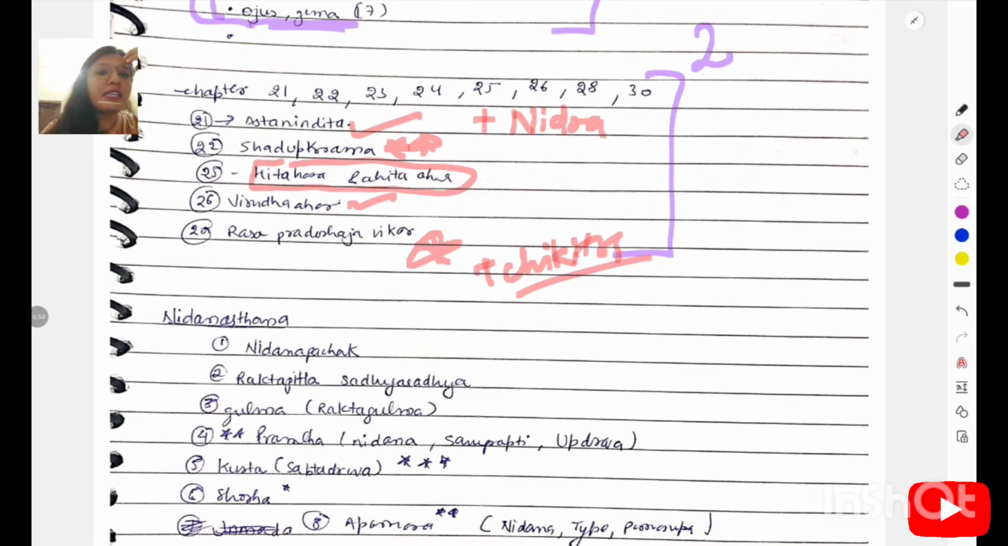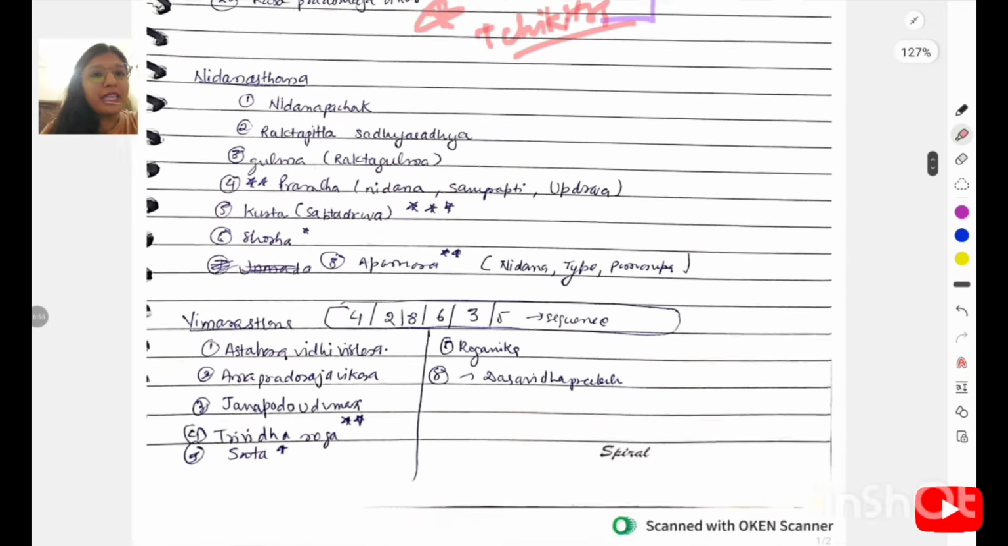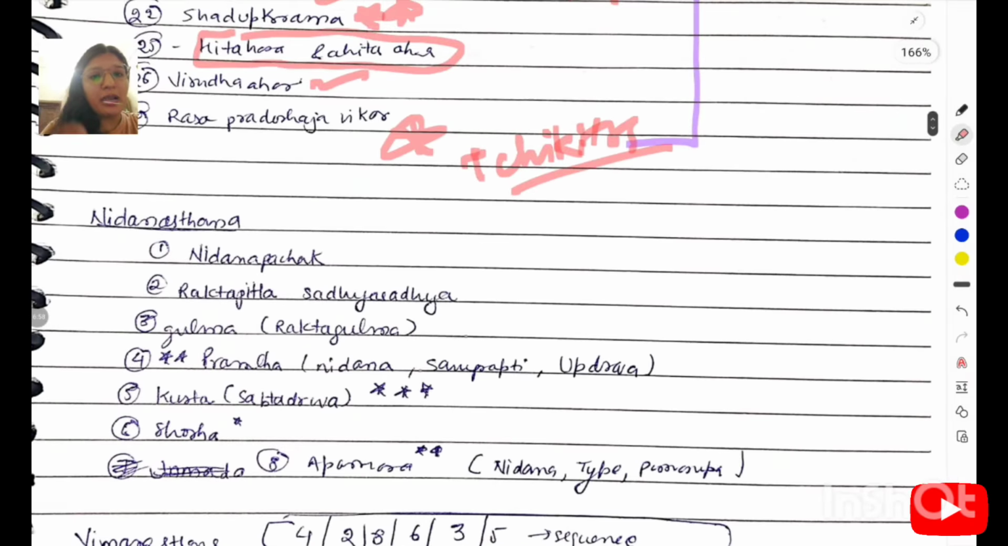Next comes our Nidana Sthana. Nidana Sthana has 8 chapters, and from these 8 chapters a 10 marks question will be there, and we already discussed the paper mark distribution there. Here the important point is that from the first chapter you must focus on the Nidana Panchaka. The Nidana Panchaka you study in Nidana is the same, but here if you are writing the shloka,